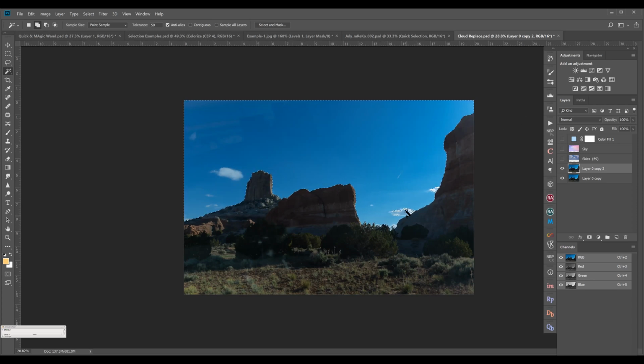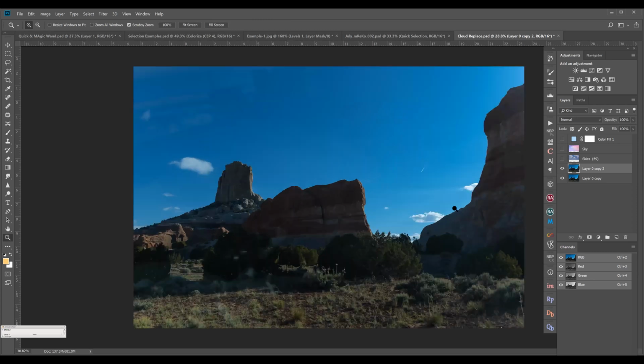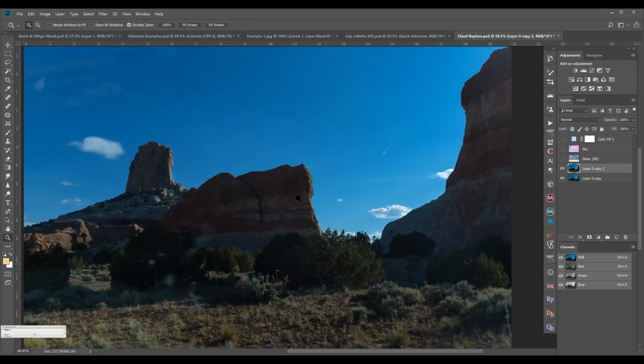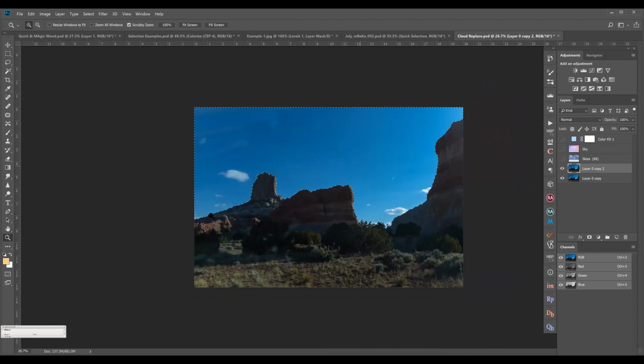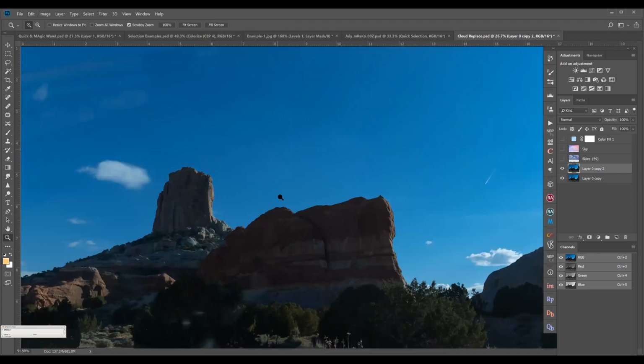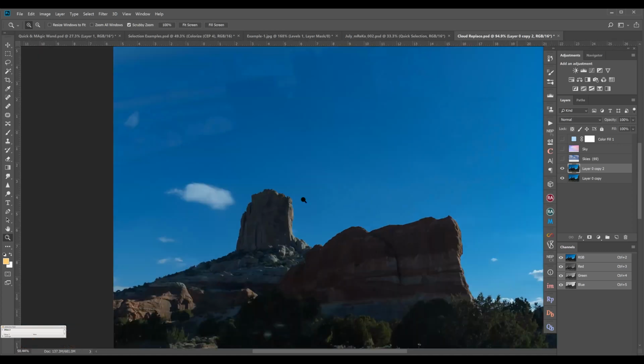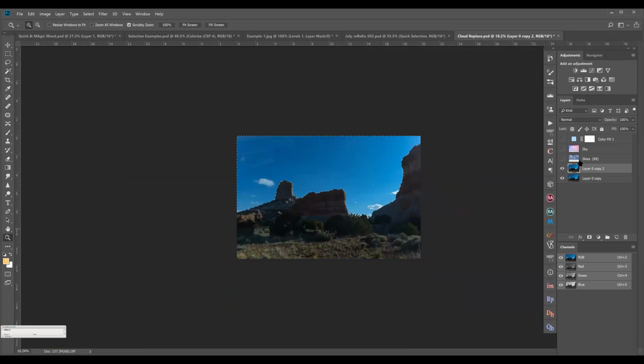So if you see here, this is not selected. So I will again go here and then click. So if you see, the selection is done. Whatever I was not able to select using the other tool, I was able to do with the magic wand tool. Now that I have done the selection, I can delete this background or modify this background or do whatever changes I want.